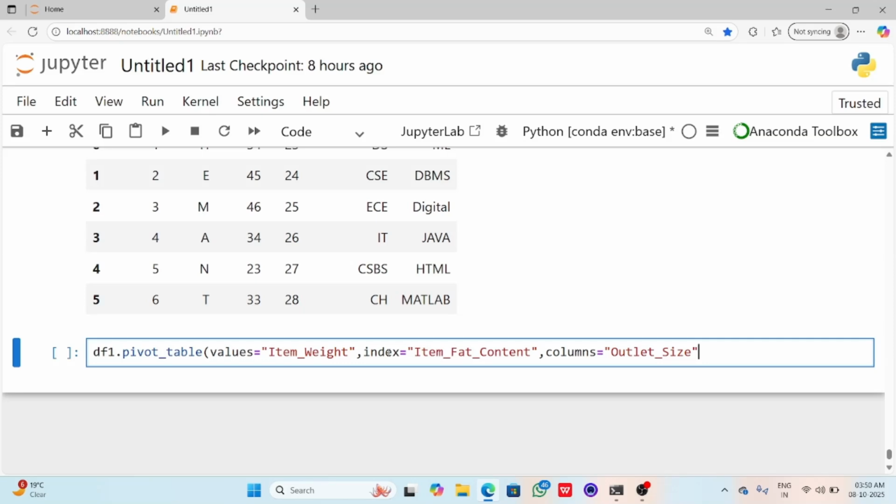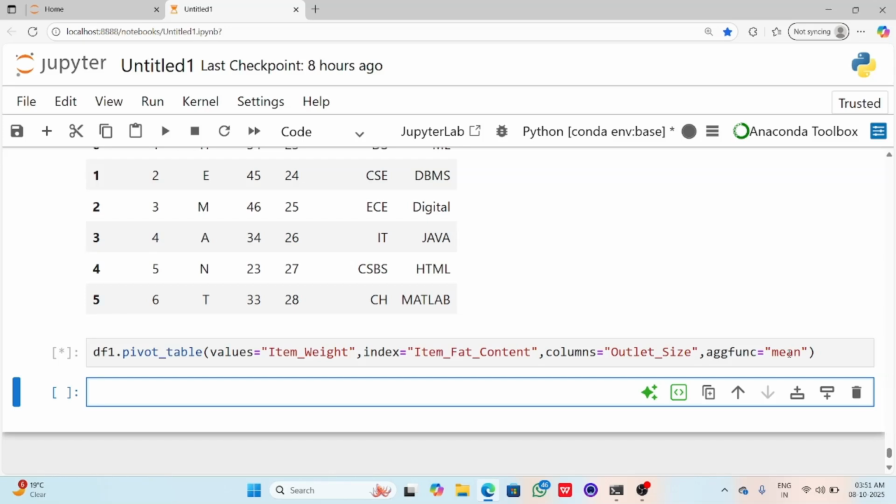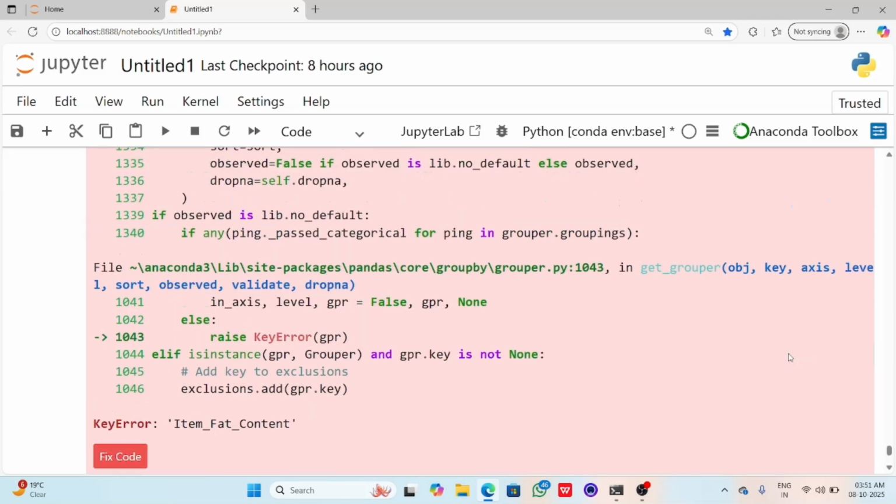All the values that are there in outlet_size should be the names of my columns, right? Now the fourth parameter that you need to pass is the aggregate function. The aggregate function decides whether you want the sum of item_weight, the mean of item_weight, or the standard deviation of item_weight. You have to write it inside the aggregate function. If I run it, you can see that your pivot table has been created, but sorry,